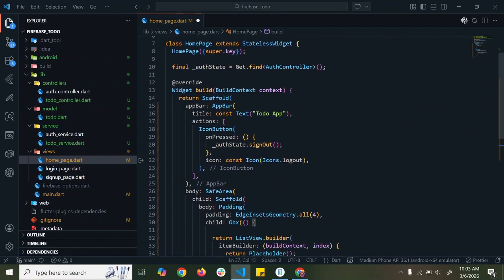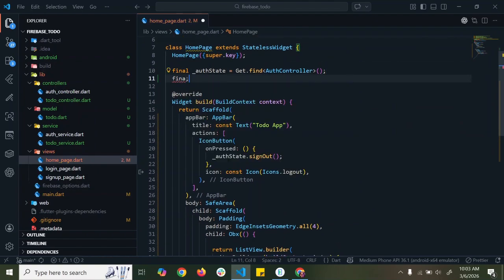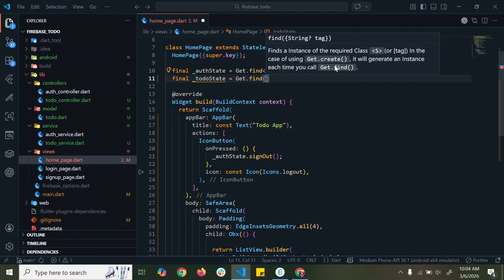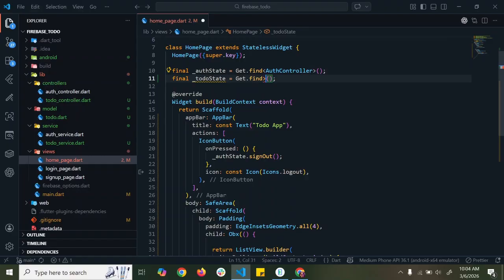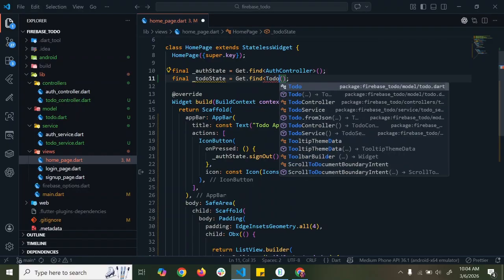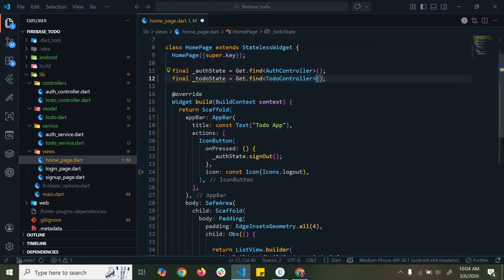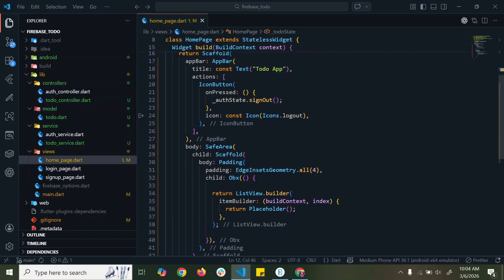Okay. So first of all, let's create one more state. Final. Now see how much clean it could be on the to do state. What do you want to? I want to say get dot find, whom to find. You can find anything, but for now, just get me my to do controller. We want to get the data set of the to do controller. Okay, and now